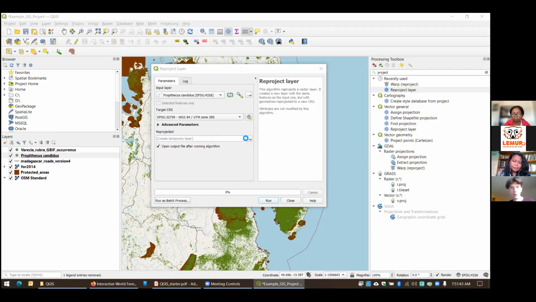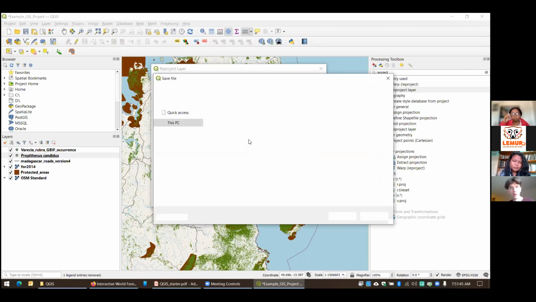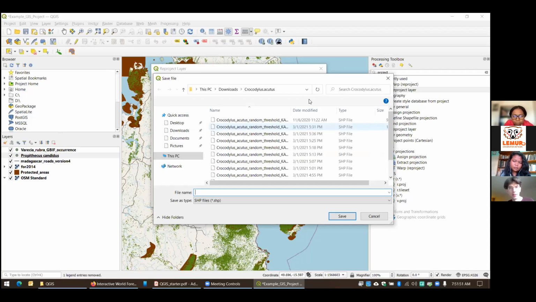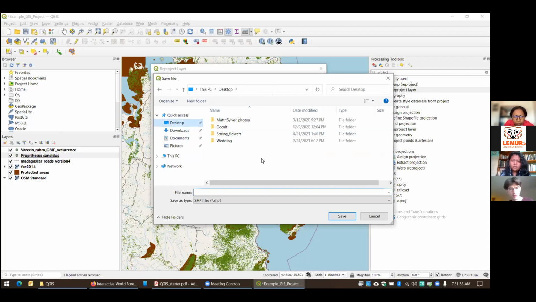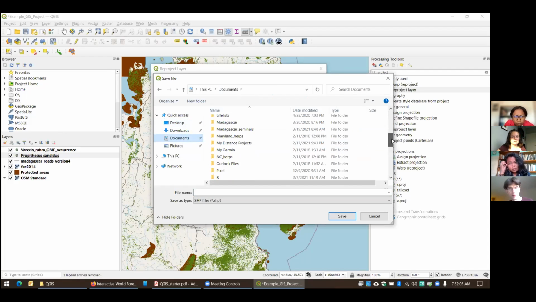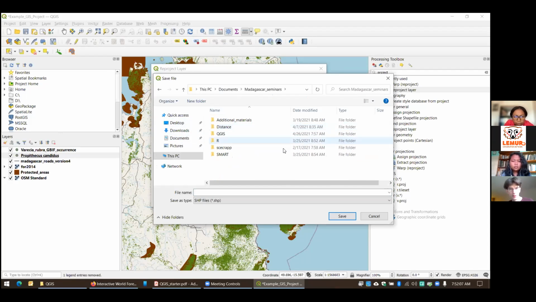And by clicking on this little button here. Okay, and now it's going to pull up a place that I've been working on, actually the American crocodile. Right, so this is not where I want to go. I want to go back to Madagascar seminars, QGIS. We're going to put it in our vector folder here, Lemur occurrences.